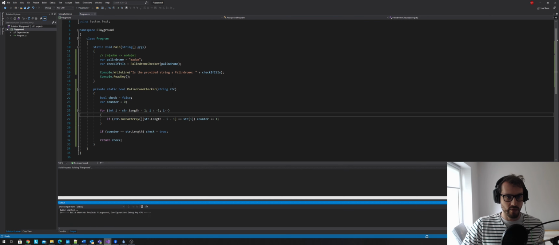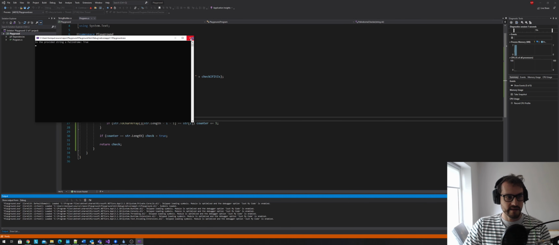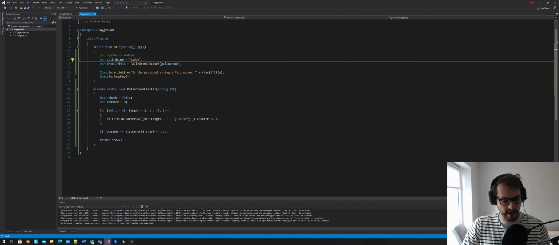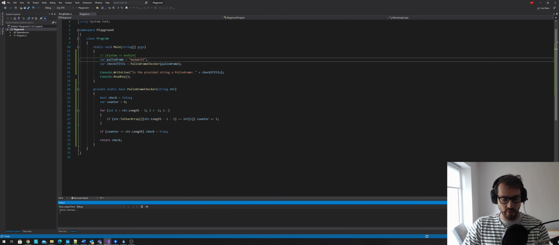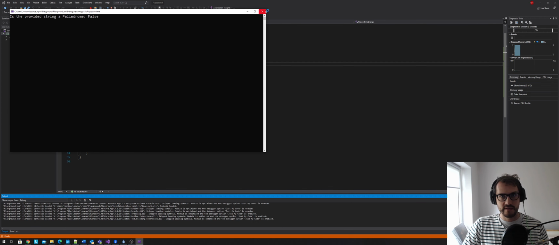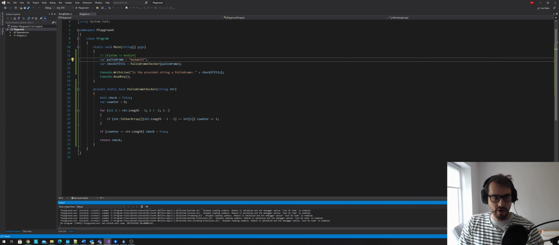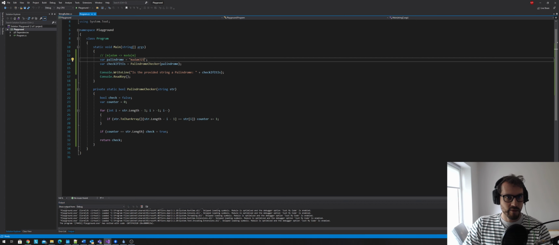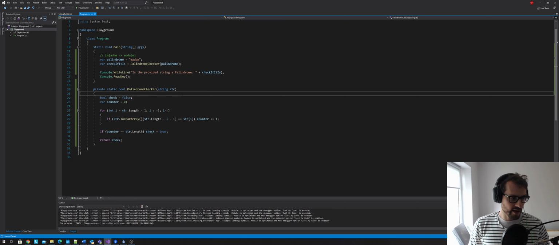So now if we run this, it says, is it a palindrome, true. If we add 3 to 1 and we run it again, it says, is it a palindrome? False. So now our algorithm works exactly the way we would think it would work,